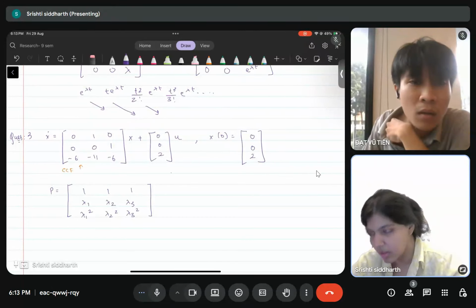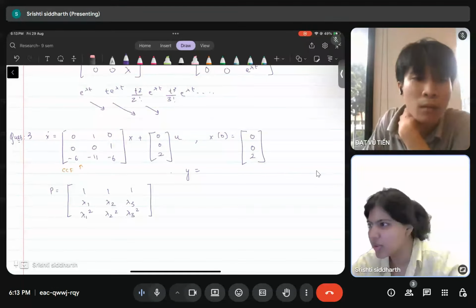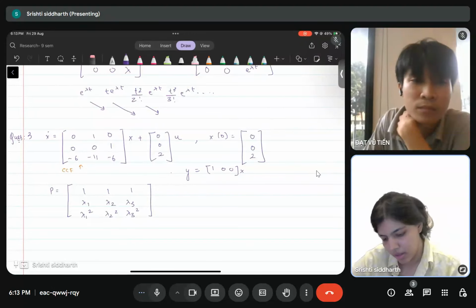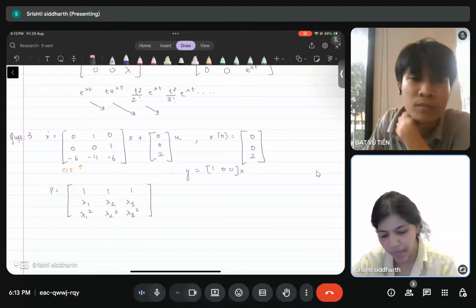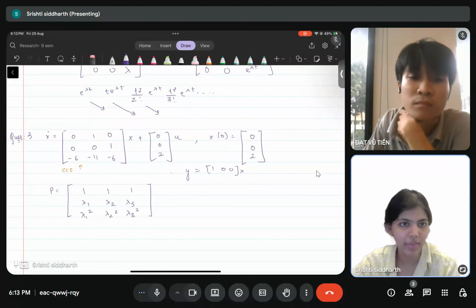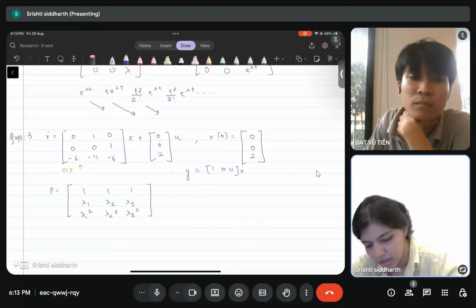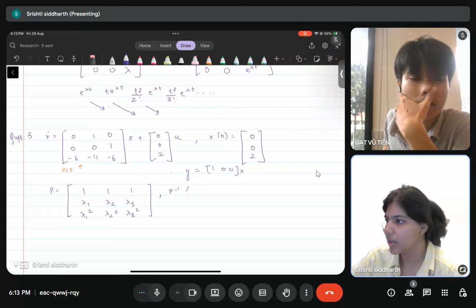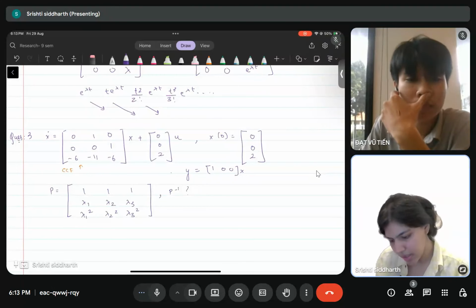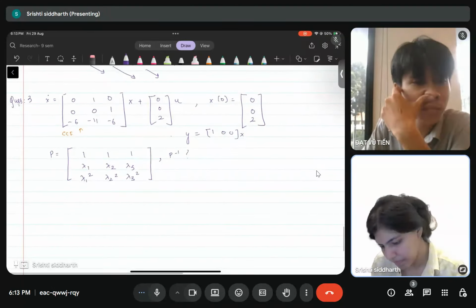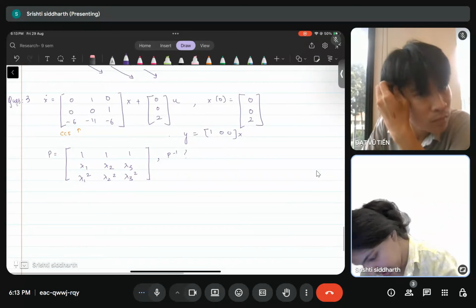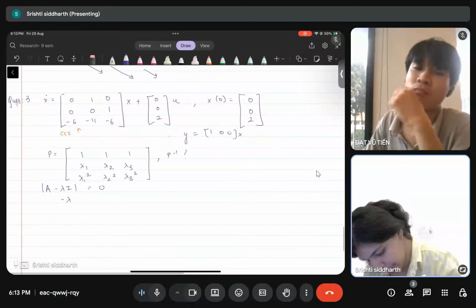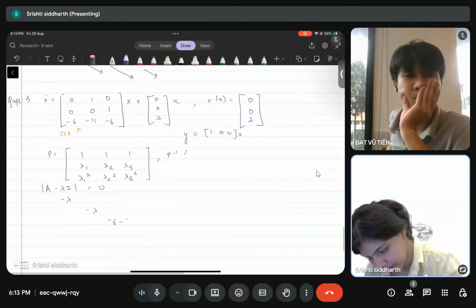So, let's see, why in this case is 1, 0, 0. That is fine. So our job is to find out lambda 1, lambda 2, lambda 3. If these are distinct, we could do this and then find what P is. So let's see, the characteristic equation in this case is 0. This is minus lambda